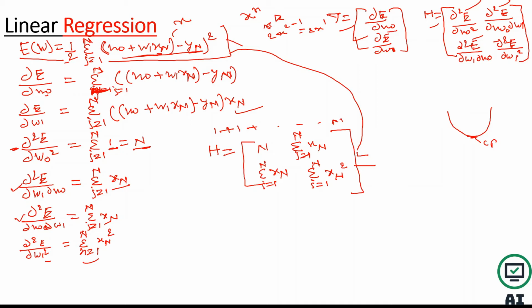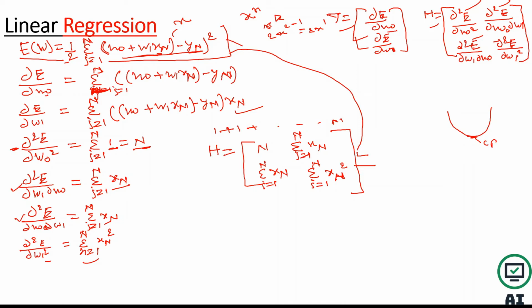You can see here we do not have any variables w0, w1. This is completely a constant matrix. If you can see here, this is n. Here we do not have anything with w0 w1, so it is completely free of variables. So if you take any w0 w1, this will be a constant matrix. So it is easy for us. We just have to prove that this is a positive definite or positive semi-definite matrix. Then we can say that it is a convex function.